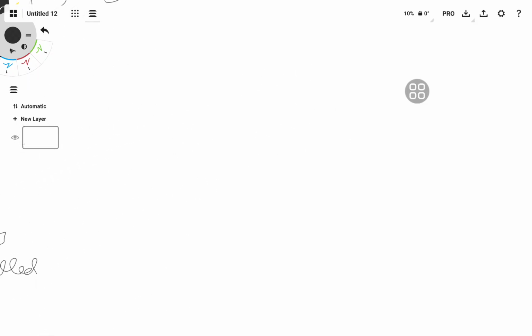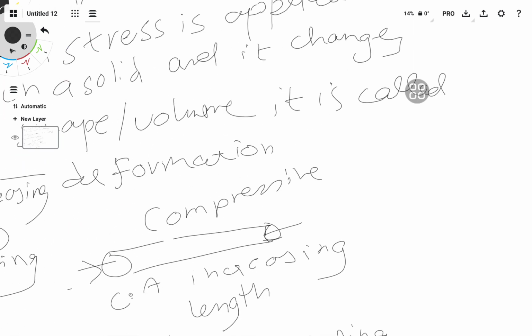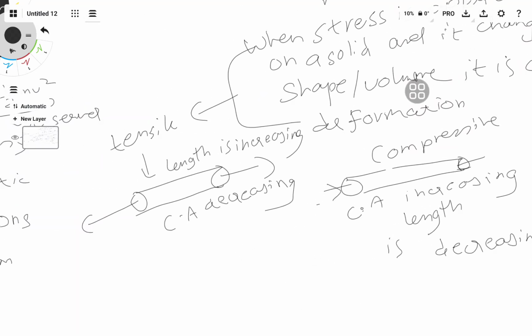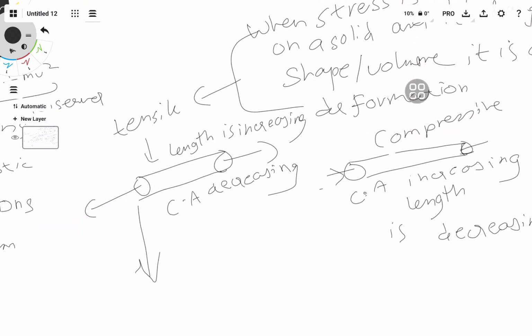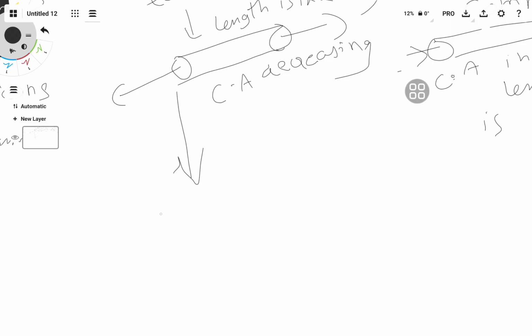So we have discussed till now. Let's discuss how this is done. So compressive, and if length is increasing, tensile. Let's go further down here and talk about